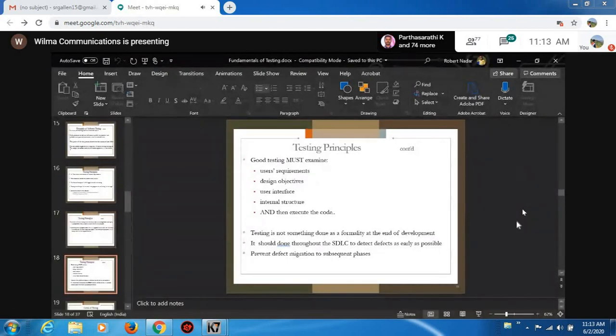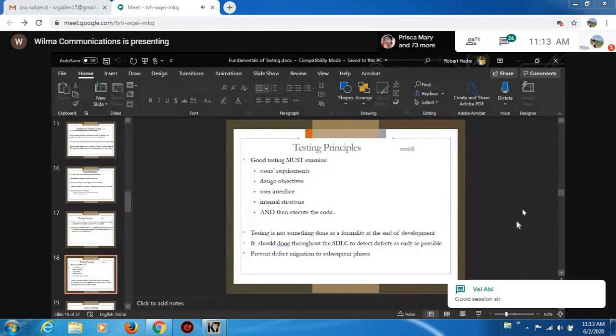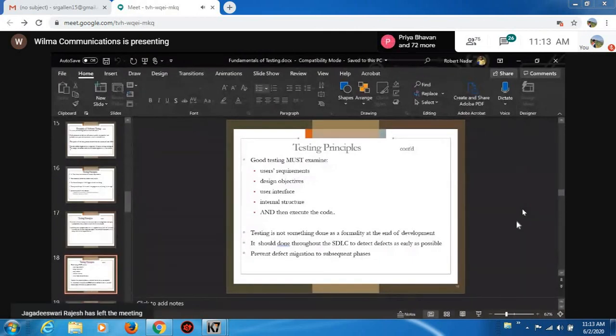So you can find defects in the earlier stage, and once you find them, you can fix and remove the defect in the earlier stage itself. That means you can avoid the defect traveling to the next phases. These are some reasons why we need testing, and the benefit of conducting testing with the help of all these software testing principles.